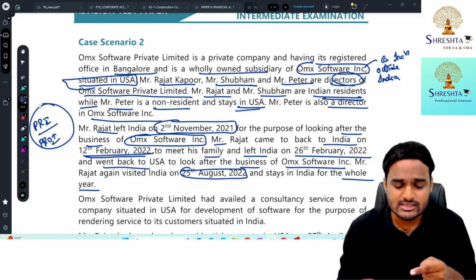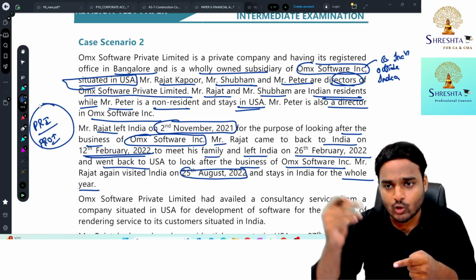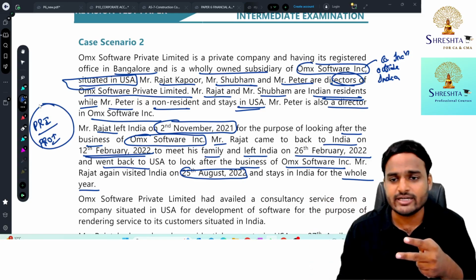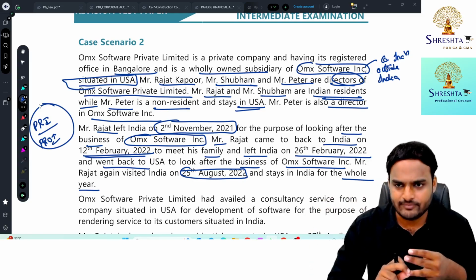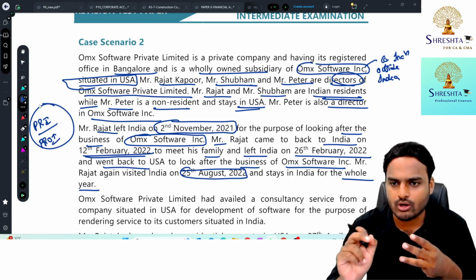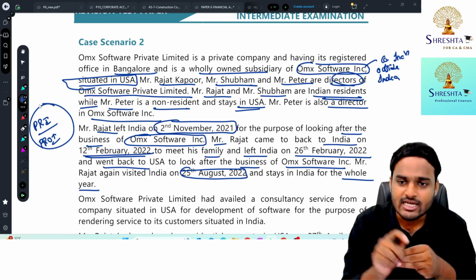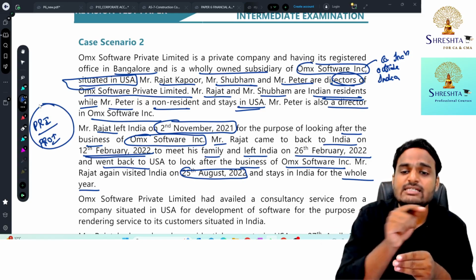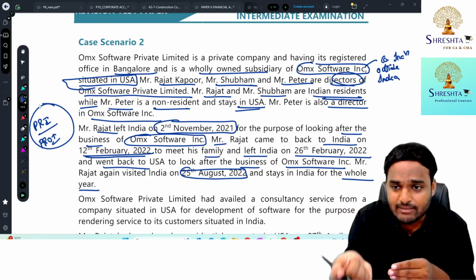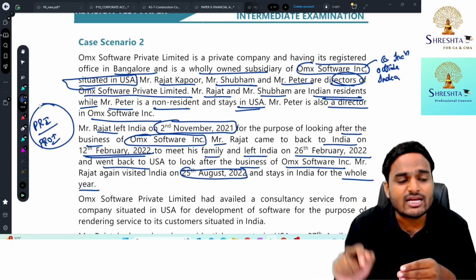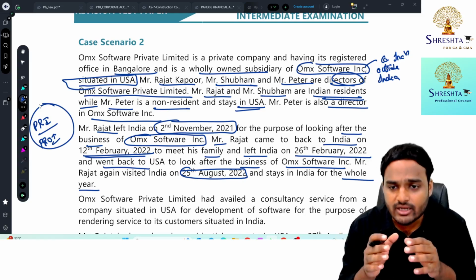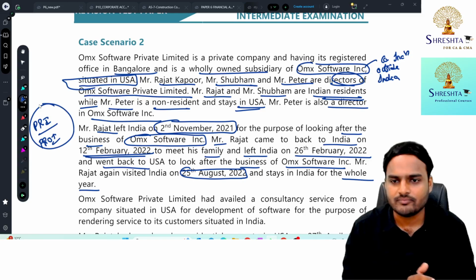If a person is leaving India for the purpose of job outside India, business outside India, or for an uncertain period, with no intention to stay abroad for an uncertain period. So if that person falls in these three categories, even though his period of stay in the preceding financial year is more than the prescribed period, he will still be considered as non-resident from the date he leaves India.